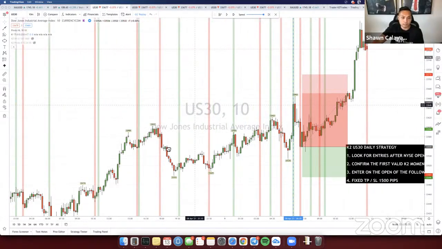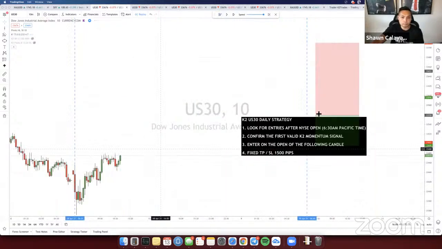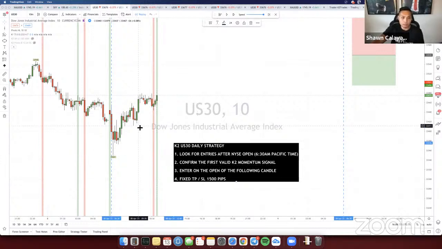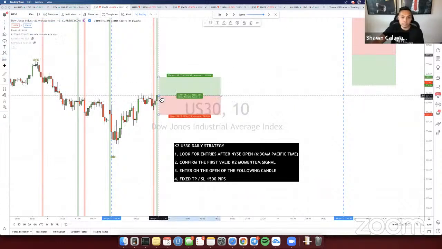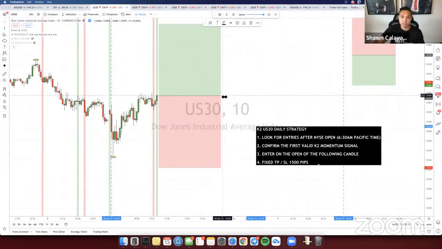But if you took the one before that, let me see if there's another one here from the previous day. Right here, yeah. So the previous day on the Thursday, this would have been the entry, 6:30. You go back here. Okay, so this is on Thursday, April 8th. We look for entries after 6:30. We look for the first valid signal. Right here is an invalid signal, so we skip that. This would be the valid signal, so we would take this. And if you enter that there for 1,500 pips, that'd be the entry right there. And then if you let it run,